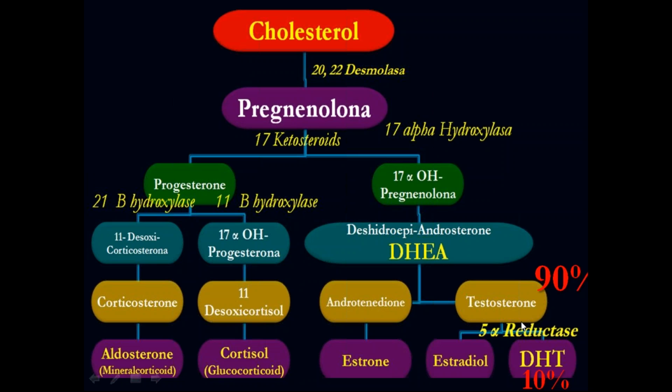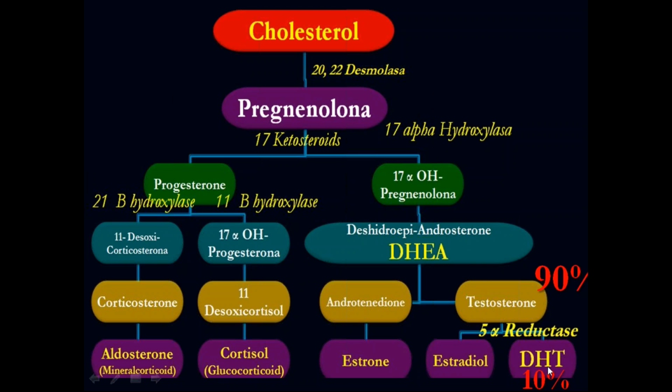So we have that 90% of the androgens in the body are going to be testosterone, and 10% is going to be dihydrotestosterone. What is important to remark here is that even though the 10% is the lowest, DHT is the strongest androgen we have in the body. Testosterone is one of the weakest, but is actually what we have in the largest amount. The one that has high potency is the DHT. And DHT has some implications.